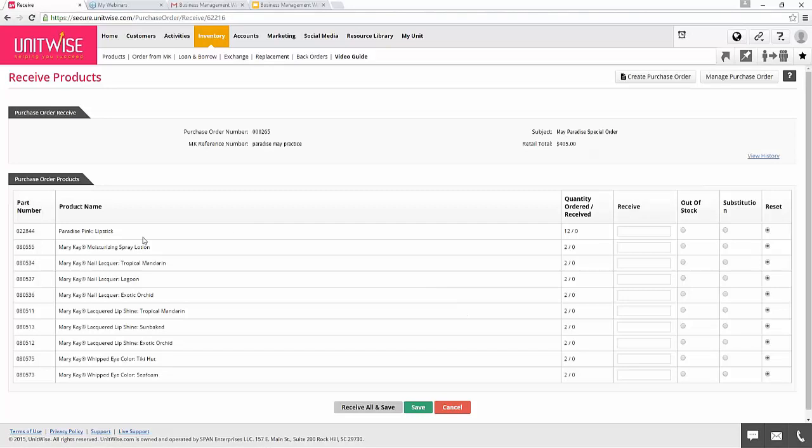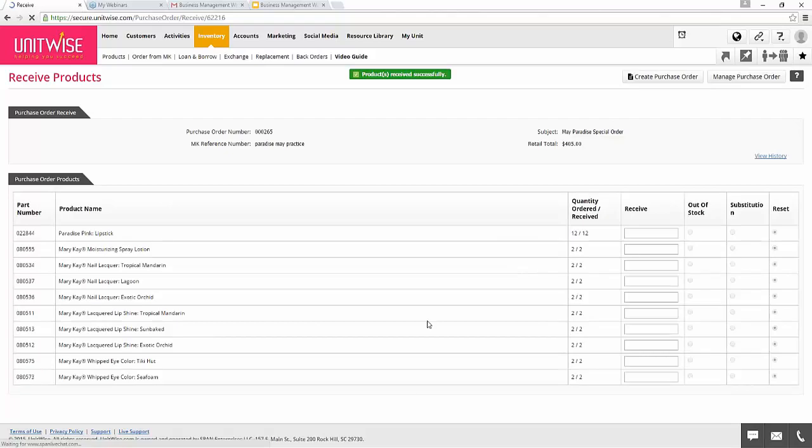So here it's going to give you an option if for any reason you don't receive all of it at the same time. You can come in here and say how many have been received. If you only received 6 of these, but everything else was normal, you could go in here and actually type in the quantity that you received as compared to the quantity that was ordered. Otherwise, if you received everything as requested, just click on the Receive All and Save button at the bottom, and that's going to say that these have all been received, and they're all going to be added to your UnitWise